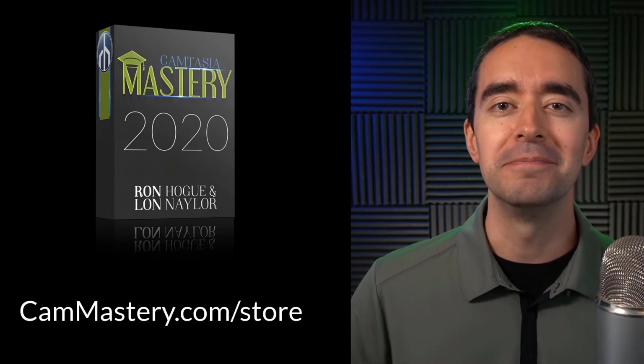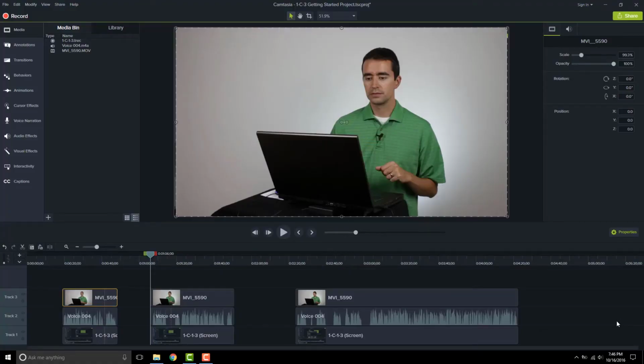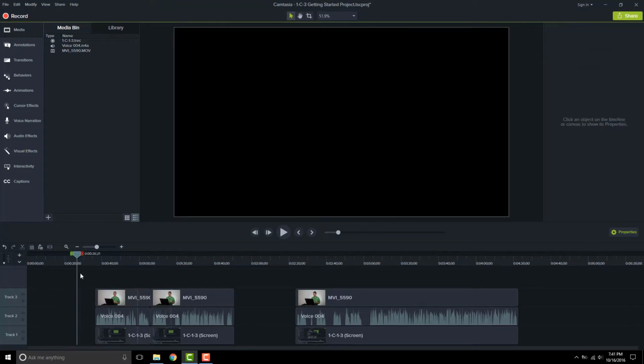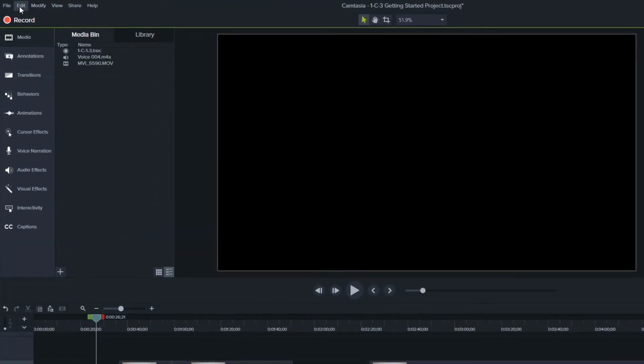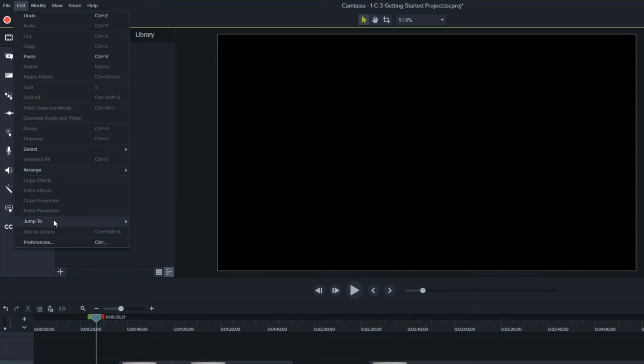Now, onto the video. One of the things I like about Camtasia is my ability to get into very specific detail, to go to exactly the frame that I need. And so in this video, I want to talk about how we can align our playhead or jump to the specific area in the video or on the timeline that we need. So let's say I wanted my playhead to go to where the next bit of media was. I can go up to the Edit menu and Jump To.